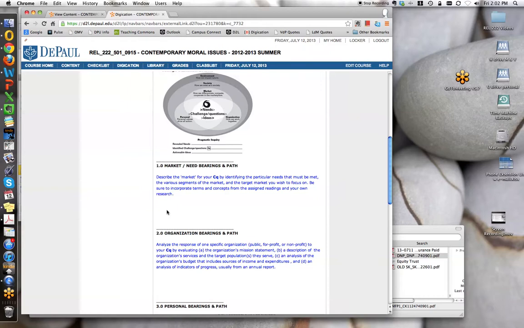Then you're going to choose a target market. And that's going to be the subset of the market that you want to focus on. And you could do this regionally, you could do this demographically, you could do this culturally. All of these things, the need, the segmentation, and the target market, will in some way be informed by religious worldviews. So as much as you can, try to identify how that influences your core challenge.